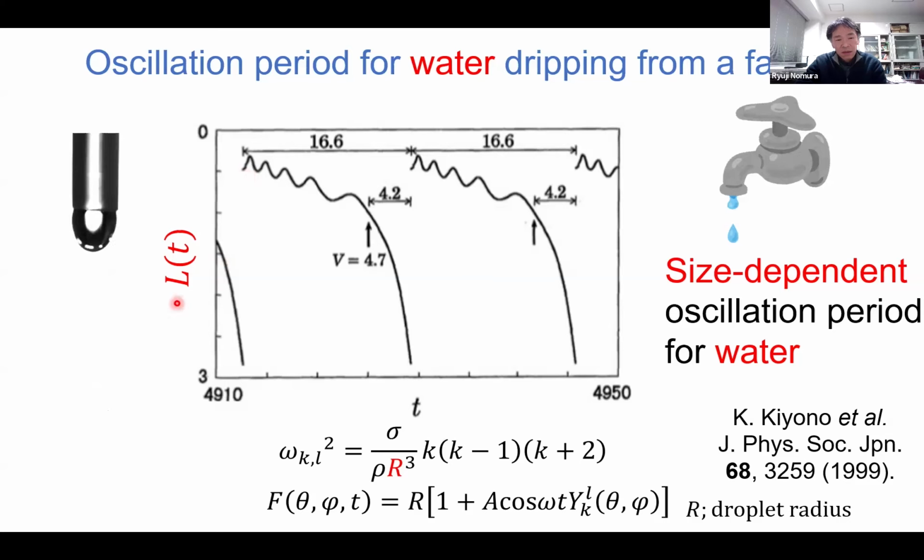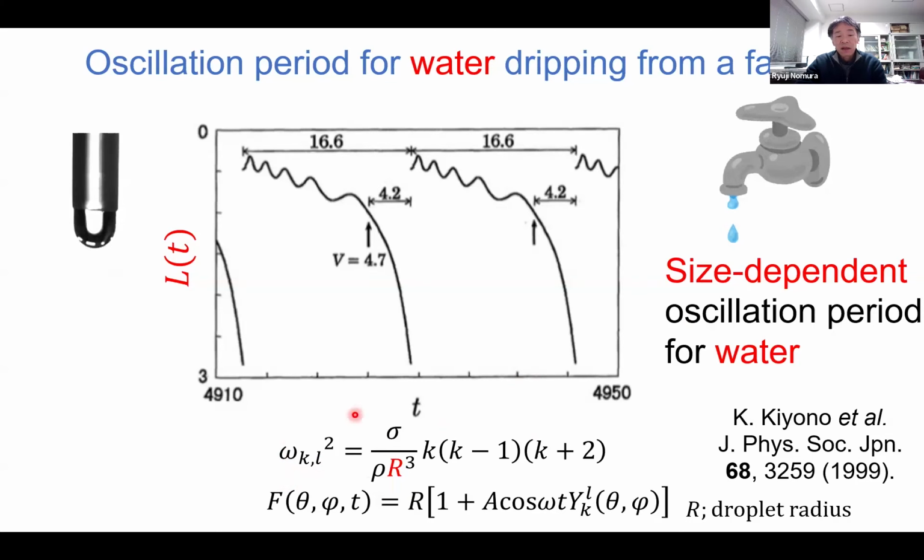And this is seen also in this graph. This is just pinch off, and just after the pinch off, it oscillates in a short period. But as the liquid grew, the oscillation period becomes longer like this. So for water, the oscillation period is size dependent, and this is a normal behavior, and it's consistent with this